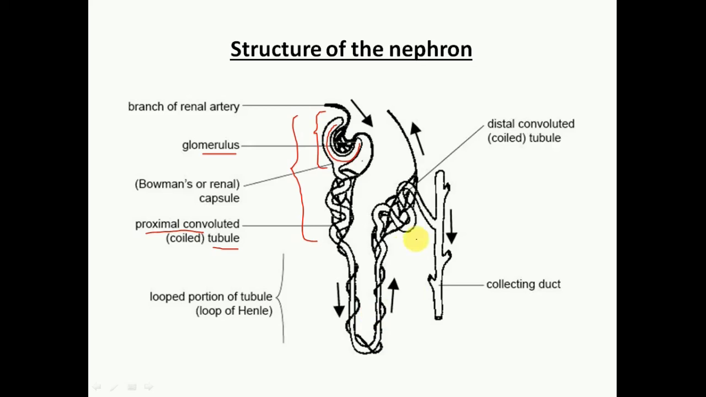Now the third part is the distal convoluted tubule. Okay, this one. This is the distal convoluted tubule. It is another coiled structure which emerges from the loop of Henle, and it opens into a duct which is called the collecting duct. So why is it called collecting duct? Because after the formation of urine, the urine is collected in the collecting duct, which in turn pours the urine